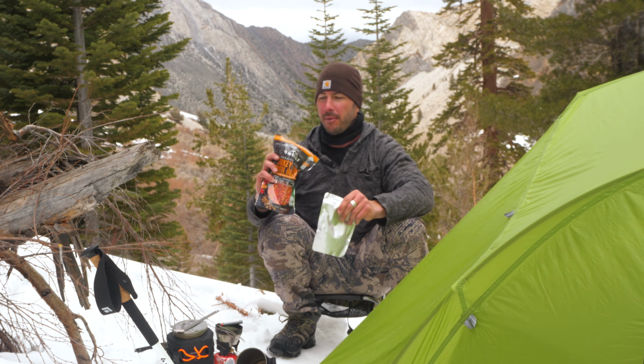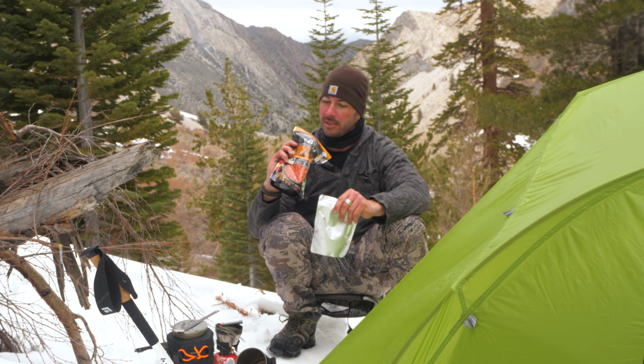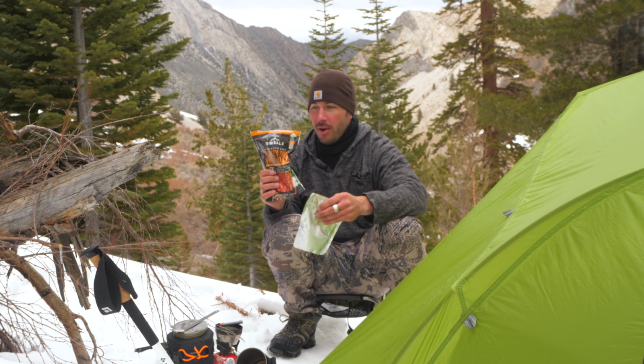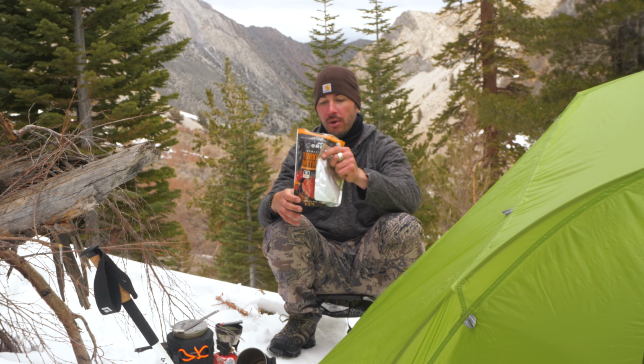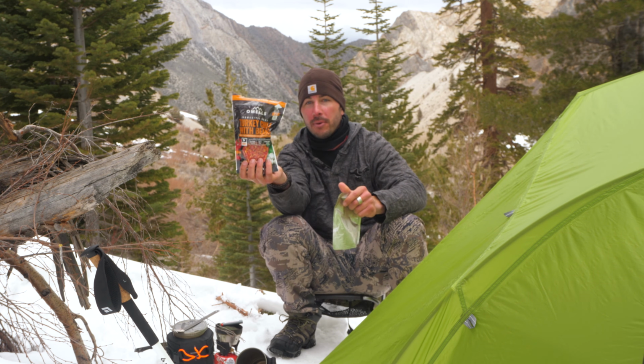Doesn't smell like anything, but I wouldn't recommend just inhaling the hell out of this, whatever the vapor is. And in this situation, I now have a consistent hand warmer to hold on to while I'm eating. You can't wrap your hand around this in full squeeze without burning yourself. So they should warn you about holding the bag because this is super, super hot, like real hot. So be very careful with that. It's not a lot of food. It's a very small pouch compared to other meals,